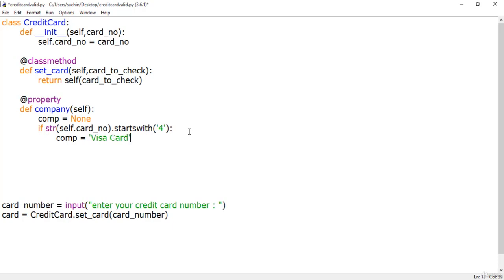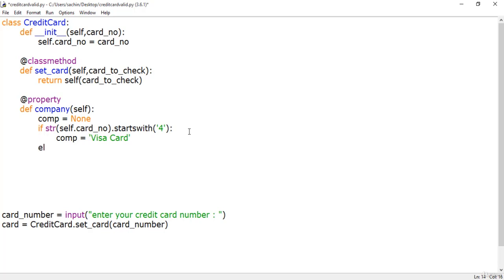So it would be Visa card. So next is to check for another company. Let me just grab this all over here, because it would be repeatedly used for all of the companies. So if the card number basically starts with, let me say, 50 or 67 or 58 or even 63,